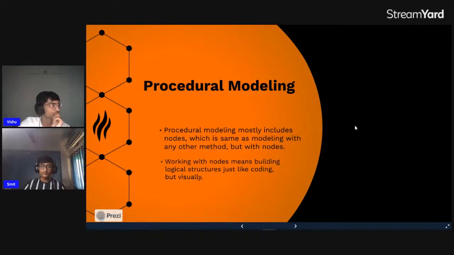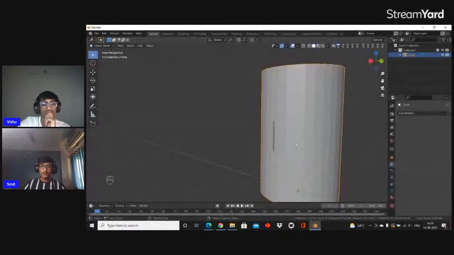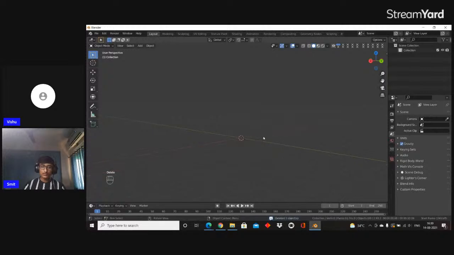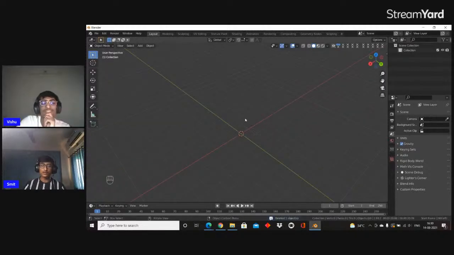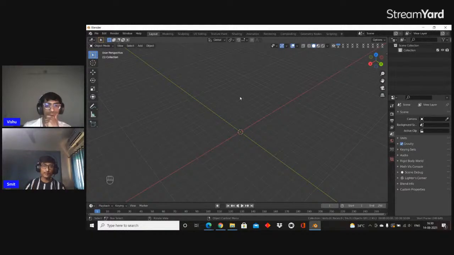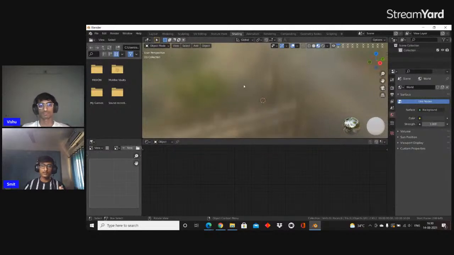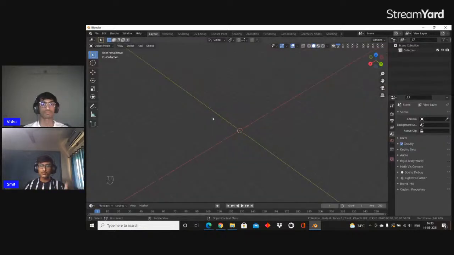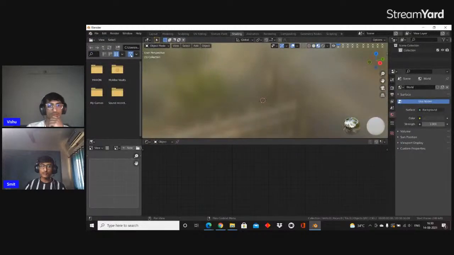procedural modeling. Now what's that? There are a lot of ways you can do procedural modeling, but some people use displacement with nodes inside the shading tab. But this session is not for shading. And these displacement nodes include some nodes like textures and other things which are used in shading, so I won't go with that. Instead, I will switch to shading, but